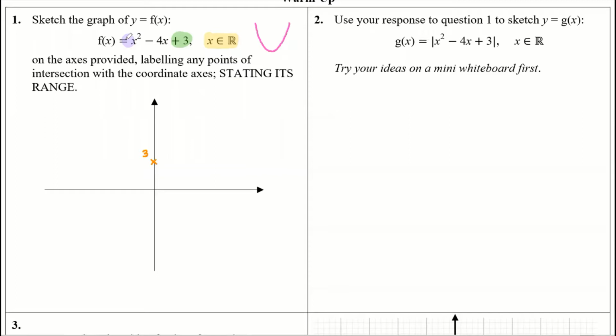So one thing we could do is we could see if there's any points of intersection with the coordinate axes. So, well, we've done the y-axis, but we could have a look at the x-axis. So just label these axes actually on here. So this is the y-axis and this is the x-axis. Does it factorize? Well, we can do a bit of rough work at the bottom. If I try and factorize my f of x,